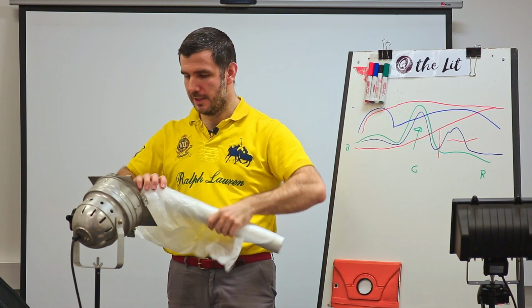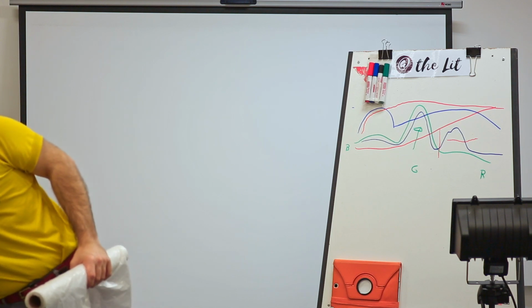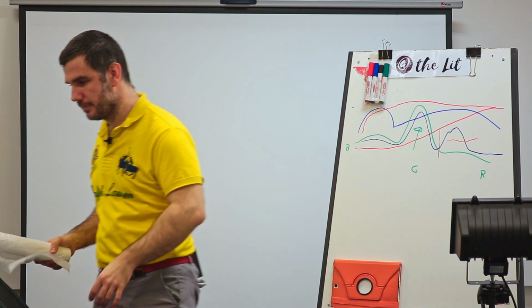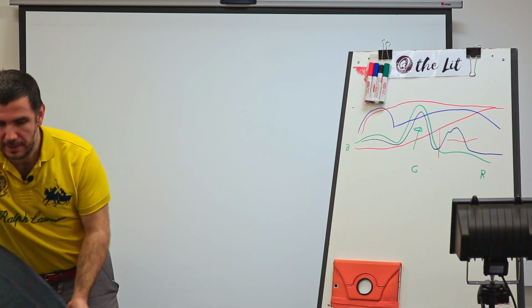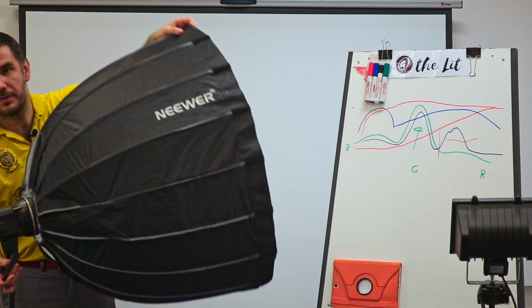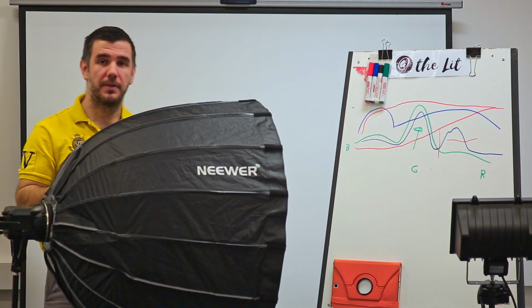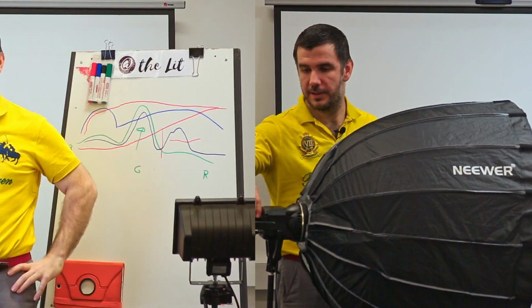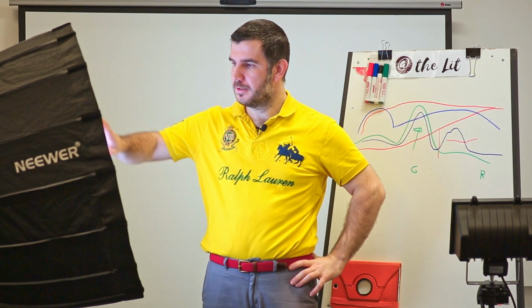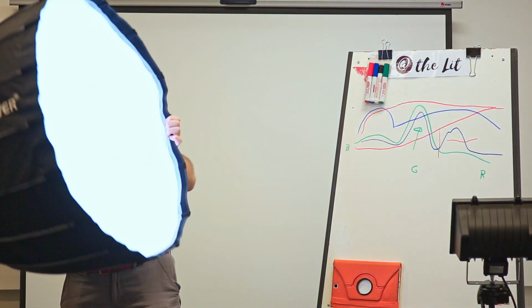Now, let's remove this heat generator here. You guys obviously saw this giant thing I had earlier. Well, this brings us back to hard light versus soft light. This is something that is double diffused. Now, why double diffused? Double diffused light is even softer light. You can see that the shadows are disappearing from the right side of my face. This is double diffused. There's actually a diffusion screen inside, and a diffusion screen